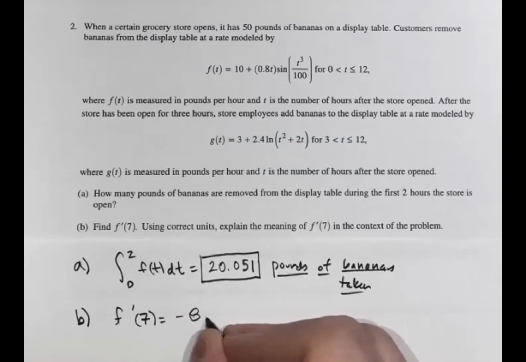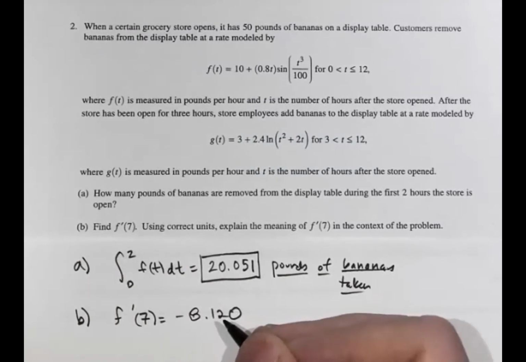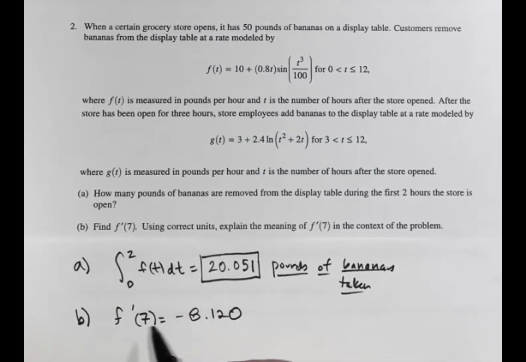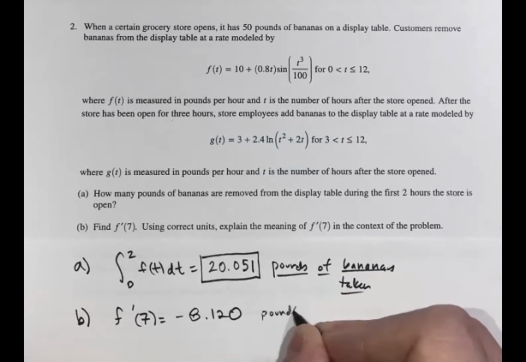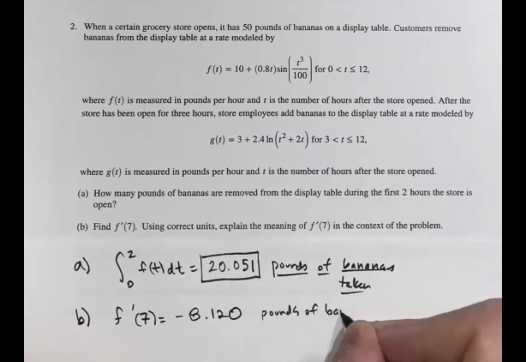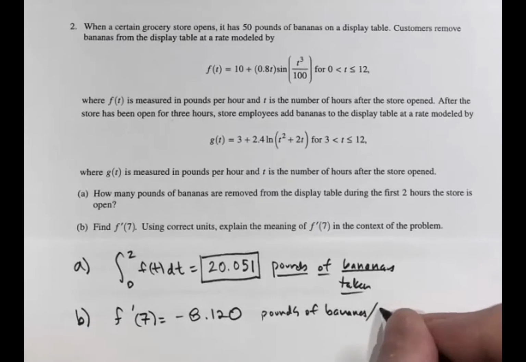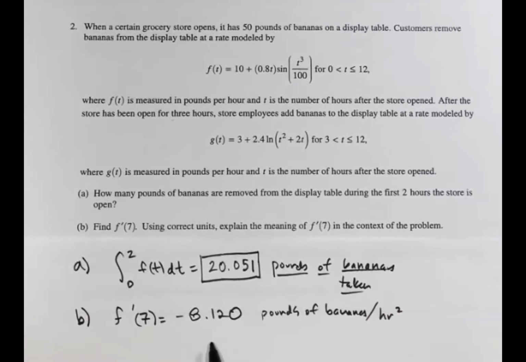Negative 8.120. Okay, this is the derivative of the rate of change. So this is like an acceleration. So these are going to be pounds of bananas per hour squared. And so to interpret this in the context of the problem, I would say after 7 hours,